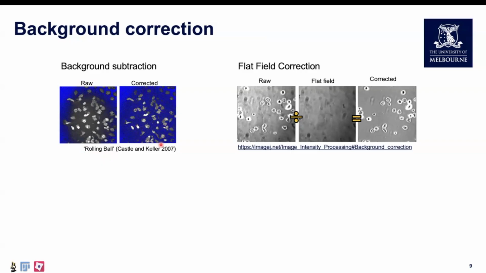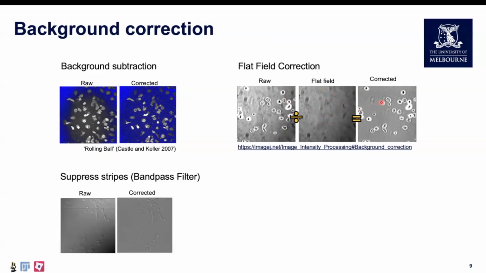This is an example of flat field correction. So again, here the illumination, this time in transmitted light, is not so even across the entire field of view. Again, with a reference image, we can correct for that in this example. If we have some striping here, effects that were taken during acquisition, again, we can use a bandpass filter to